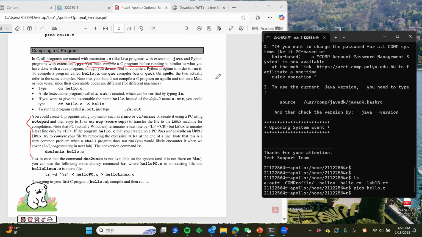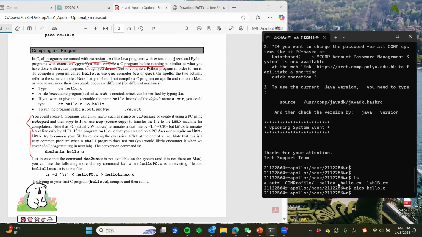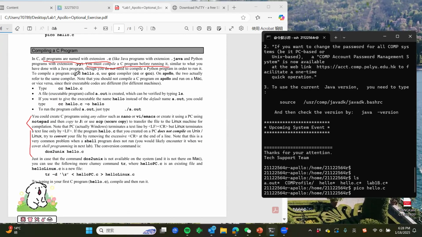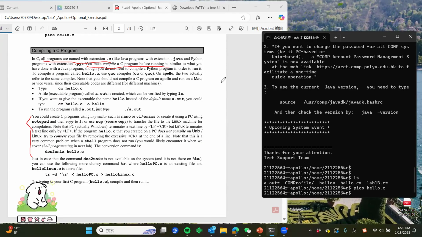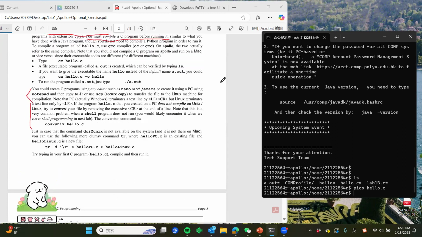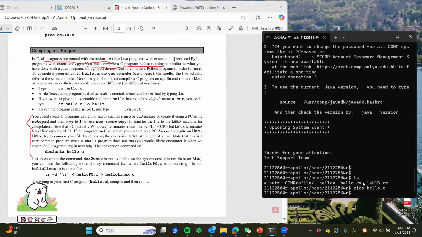To compile a program called hello.c here, you have to use the GCC compiler. Now let's try to compile hello.c. So first we're gonna type cc hello.c,